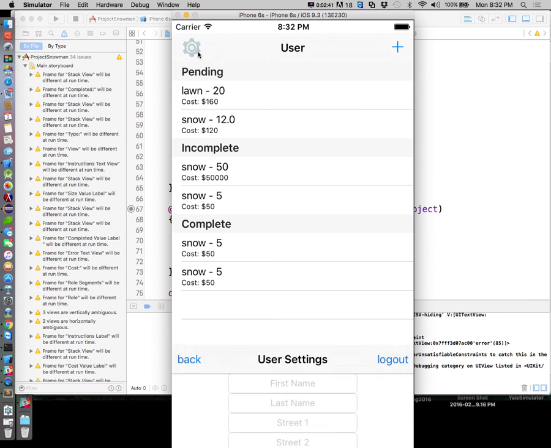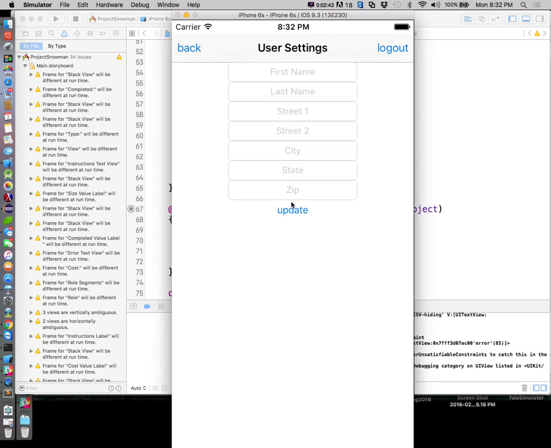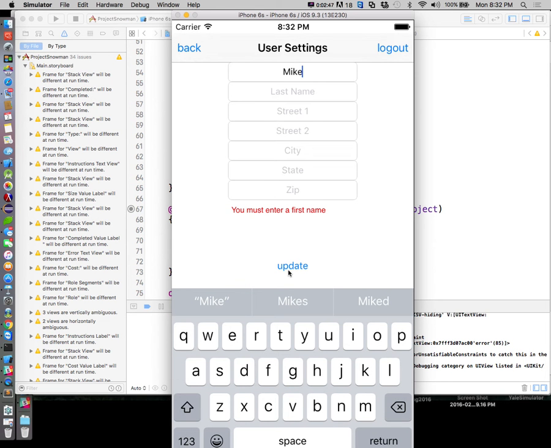So we'll go to settings, update, must enter a first name, update, must enter a last name, update, street,